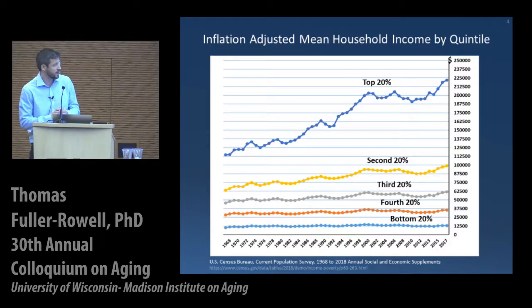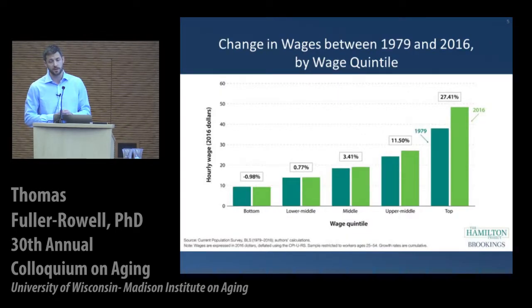The second 20% has had slight increases in material affluence, but in general looks a lot closer to the bottom 20%. So really it's this top 20% pulling away from everybody else, while everybody else is remaining relatively stagnant. So household income is an important indicator, and probably the most frequently looked at indicator of material affluence and its changes over time. But it also has its limitations.